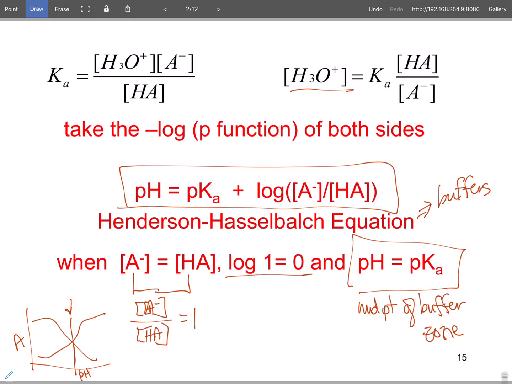This was where the pH is equal to the pKa, which tells you the Ka of the indicator. Okay, that's just a little side note, but this is the equation we're going to use. Now, this equation is also on the equation sheet,